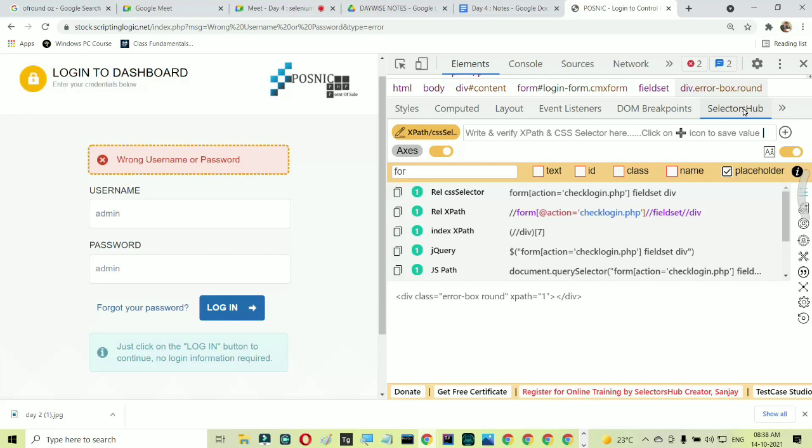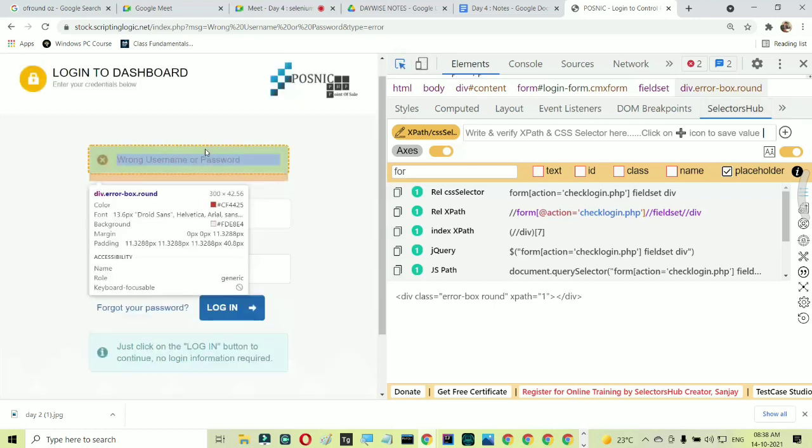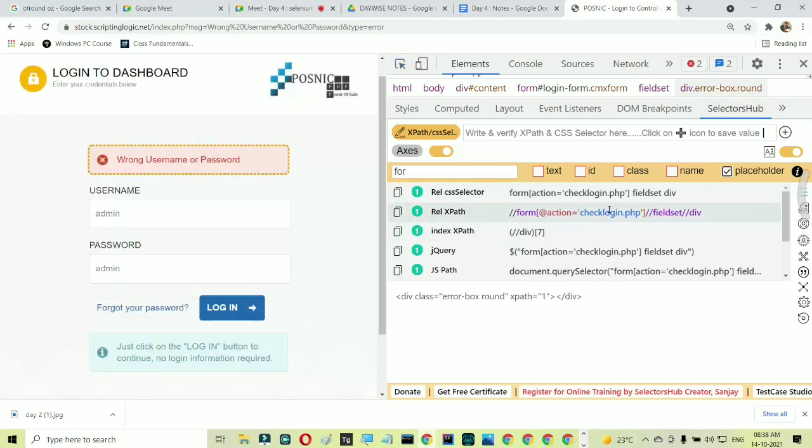Today. And yesterday I showed you how to install this SelectorsHub. Just get it installed, right? And whatever elements you need the XPath for, just select this arrow key and move your cursor over there. You will get the XPath quite quickly. And yes, in yesterday's note, one complete video tutorial is also given on XPath. You can just watch that.